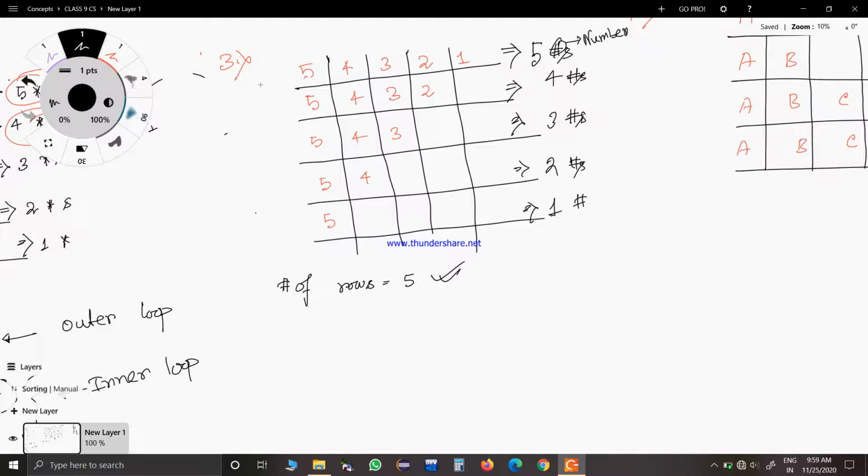Now, try to find the outer loop. Since the number of elements is decreasing, it is better to start with i equal to 5 and go down to i equal to 1.